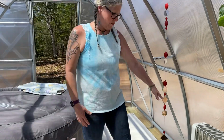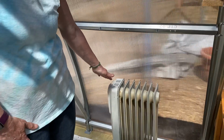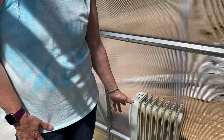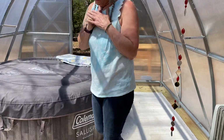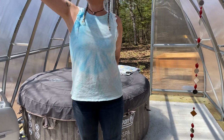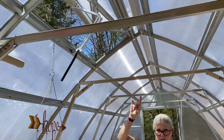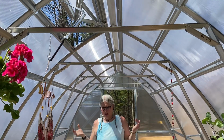Right now at night, we're still dropping into the 30s. So we do run one heater, and it's been able to keep the temperature nice. It's about 60 in the morning. Yeah, it's done really good. Bruce comes out and turns the heater off really early in the morning because the boys go to school at 6:45. And the vents, the roof vents, which is something I absolutely wanted, because in my last greenhouse I was unable to let